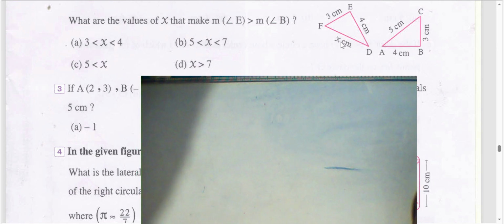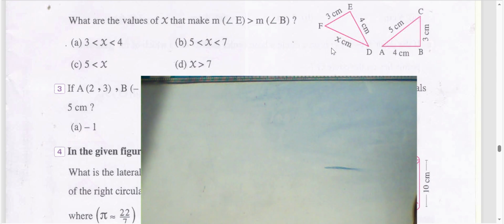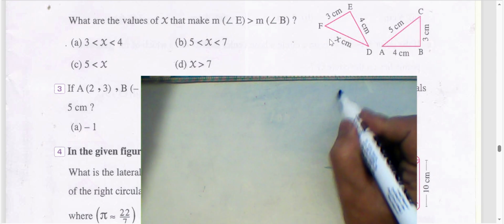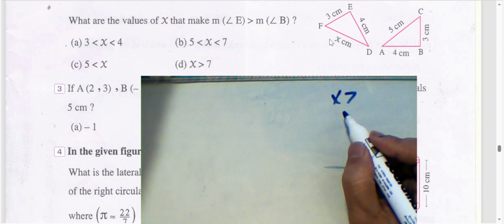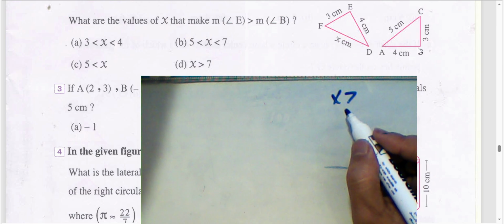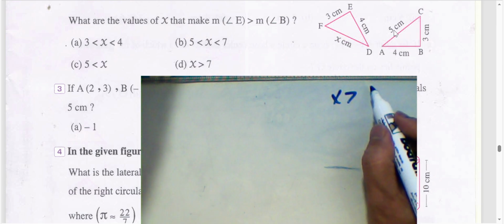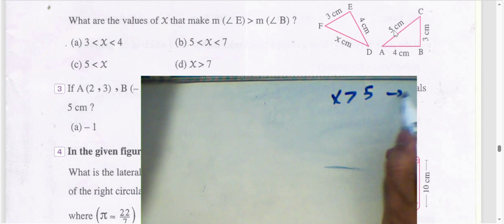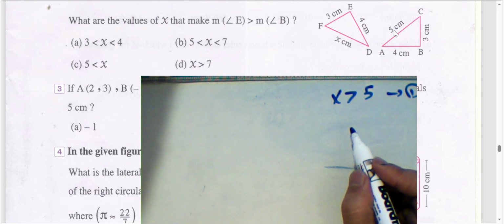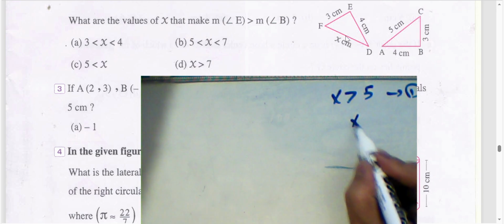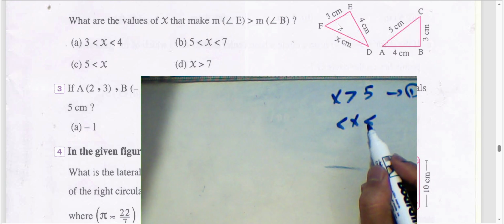Look here with me. Look at the given information. First information, measure of angle E greater than angle B. Angle E greater than angle B. It means the length of Ex is greater than the length opposite angle B. Angle B is opposite to 5. Then x is greater than 5. It's the first relation. And the second relation, we know x is greater than 4